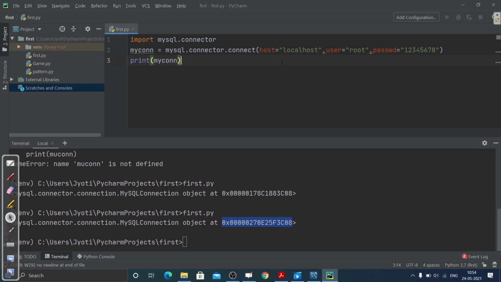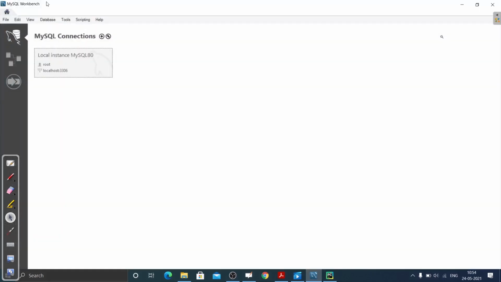Okay, now what we will do is show you how it is working inside MySQL. So this is how it will look when you create one connection. Here you can see what we are doing. This is my MySQL Workbench. When you install the MySQL database server, this will be installed. Just follow the instructions that are in the description box, and you will get all these things.